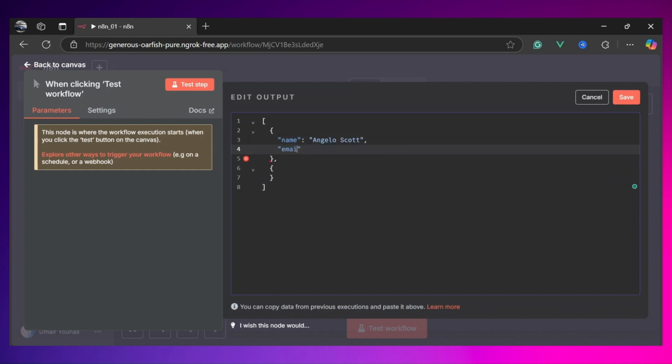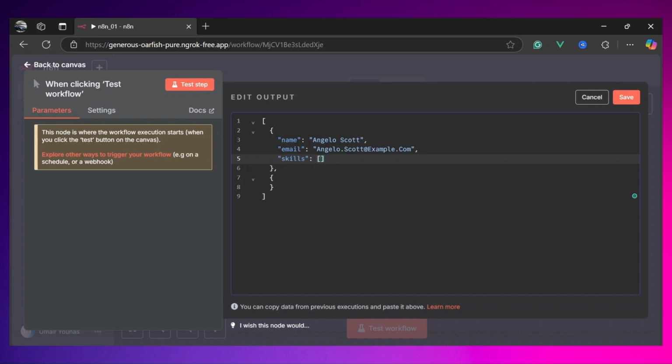And let's define another data item. That would be email. And let's type here the email. Now I have intentionally typed this email in this format, although it's not a correct format, but let's imagine we are getting data from somewhere else in this format. Now you can even nest items inside items. So this is my one item, and I can put another item right inside this item. Let's imagine I have skills,